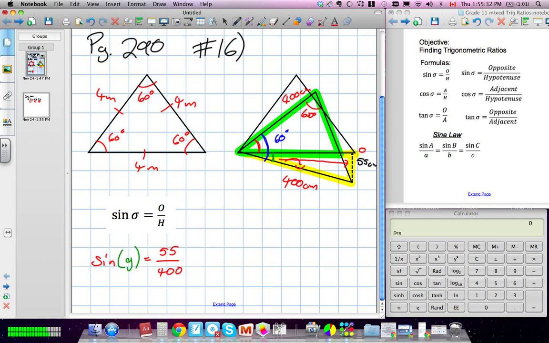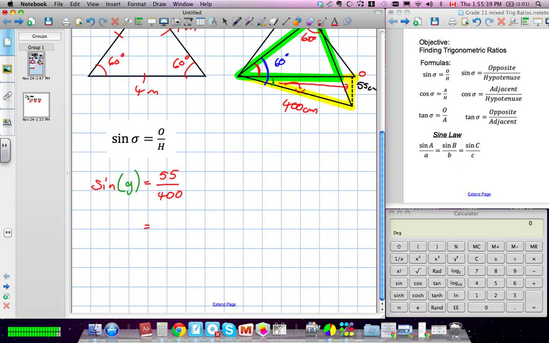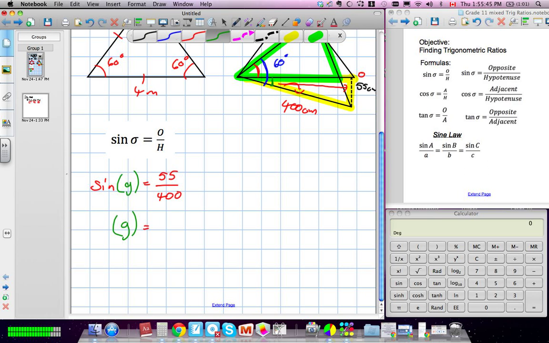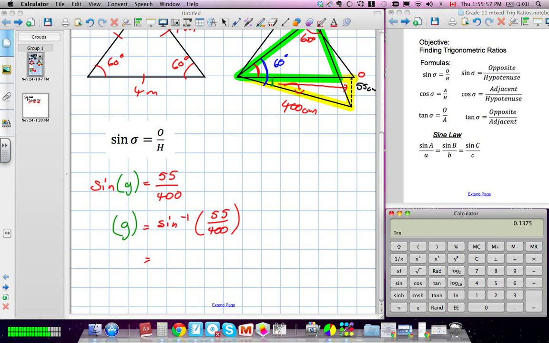Now, I need to bring sine to the other side of the equation. Can't see green? Oh, that's unfortunate. Our green angle is going to be equal to the inverse of sine, 55 divided by 400. Okay. Now, 55 divided by 400 equals, I'm going to keep that number in the calculator, and I'm going to find the inverse of sine,